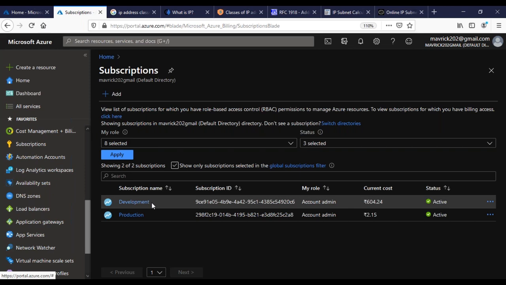In real time, if you take some enterprise company, they'll have a tenant ID. Under this, they'll have hundreds of subscriptions. What exactly is a subscription? A subscription will help you understand the costs actually. For example, if there is a new project like a Java project, or you want to convert everything into your cloud, this is a different project, right? You create a subscription. Why?